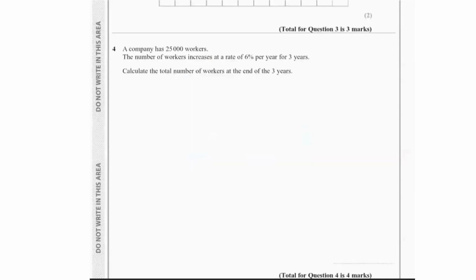Then it says a company has 25,000 workers. The number of workers increases at a rate of 6% per year for 3 years. Calculate the total number of workers at the end of the 3 years. So since it's an increase and it's an exponential increase, the formula we're going to use is the initial value,